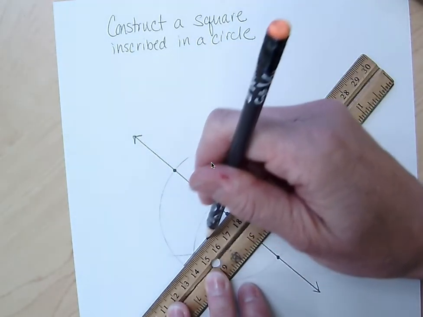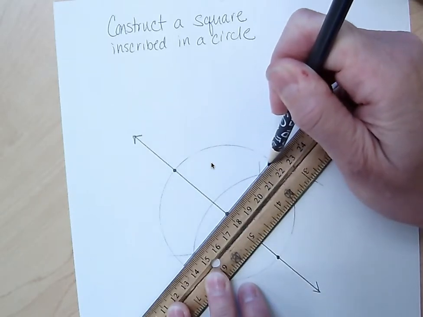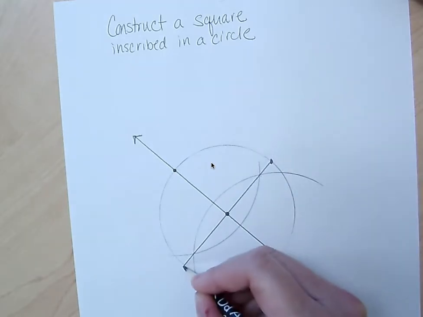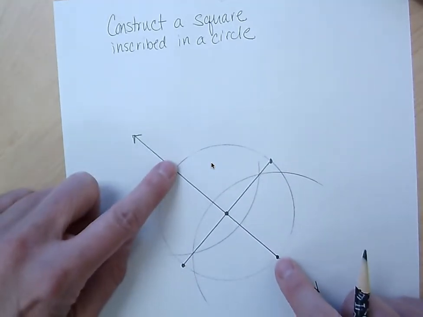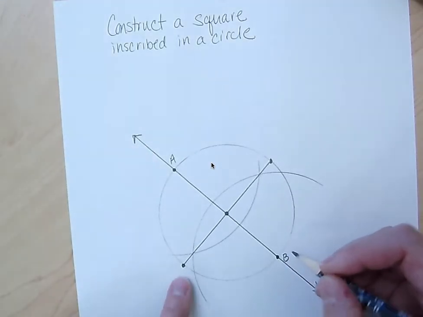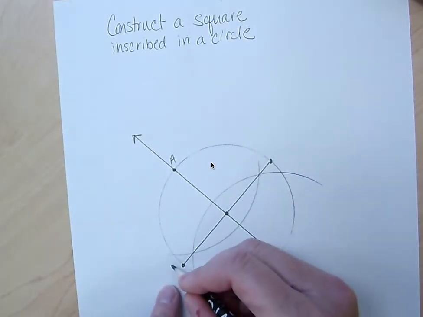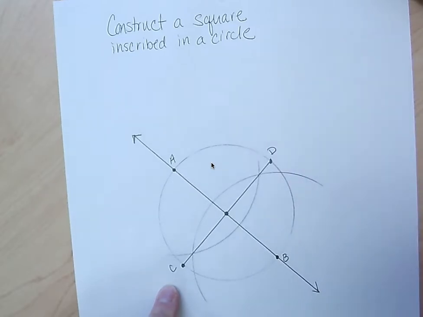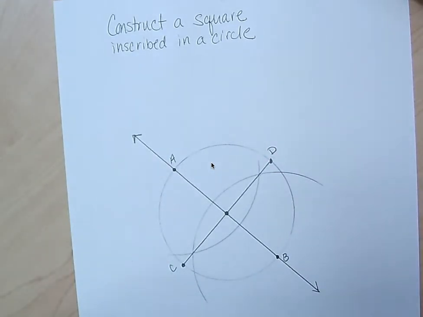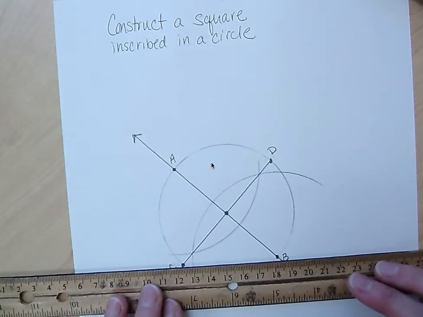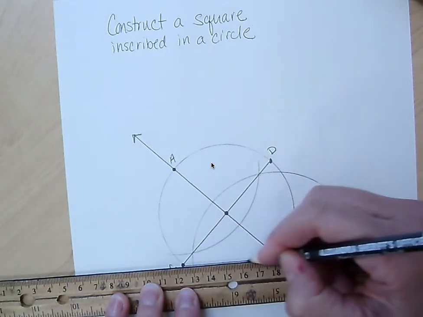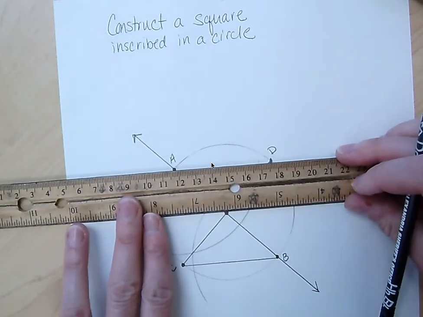Now, in a square, the diagonals are perpendicular to each other and congruent to each other. This segment, I'm going to call it AB, is congruent and perpendicular to this segment, I'm going to call it CD. Therefore, those two segments can serve as the diagonals of our square, and if we connect the points C to B, A to D,